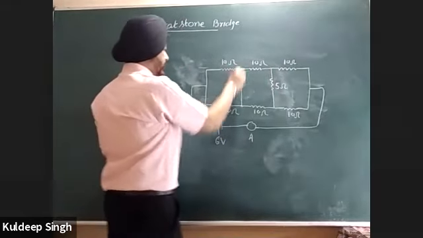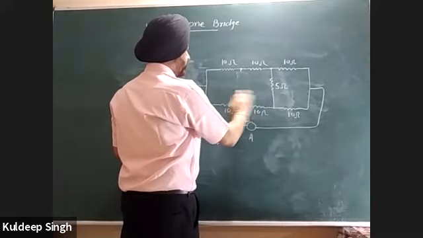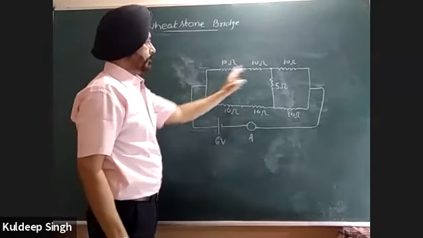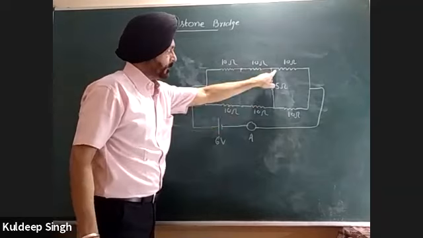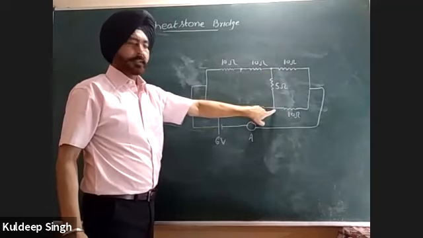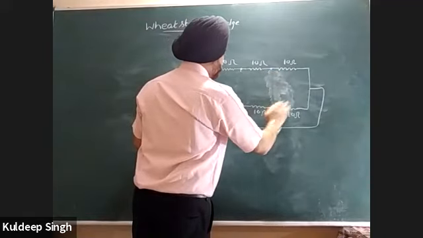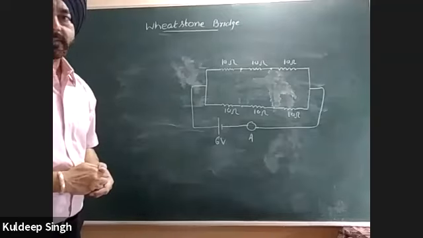So the potential here, then potential here. If I remove it here, the 20 ohm, the drop across 20 ohm and the drop across 20 ohm, you again get the same potential here. So I can again remove it. So you can also apply the Wheatstone bridge principle to this kind of circuit.